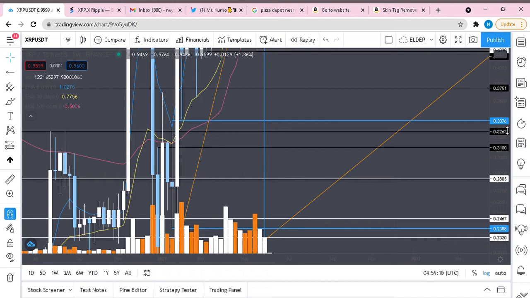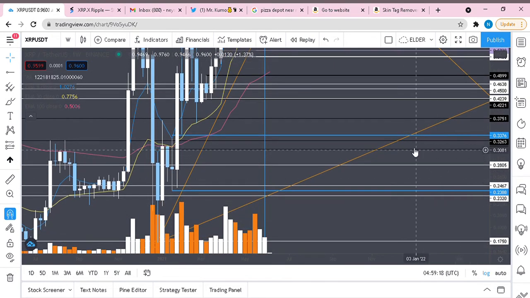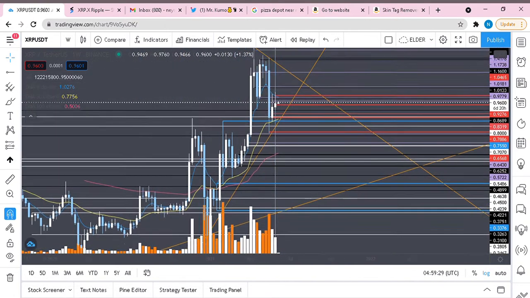0.3376, and that's where you could expect a reversal. That's where it could start to slowly accumulate. And then it can go out of the wedge, because what you guys are calculating is this smaller wedge